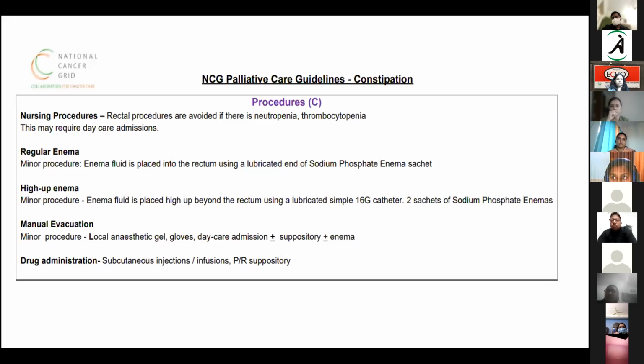This can also help in certain patients where you would have done an X-ray abdomen erect, and you see on the erect abdomen that there is some fecal impaction. Giving a high up enema like this, it would go up and beyond the stool area. I'm sorry I didn't have the diagram, but if there's stool content, you would want to go high up above the stool impacted, so that the enema accumulates there, and from there it acts on the stool as well as on the bowel to push the stools further down for evacuation. So that is the technique that we involve in the various enemas that we prescribe.